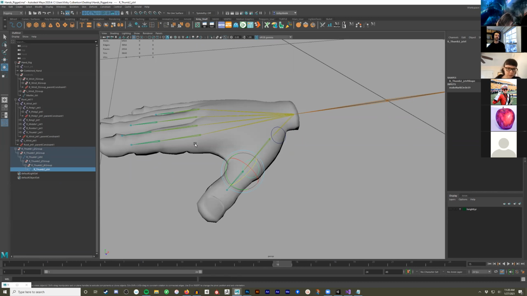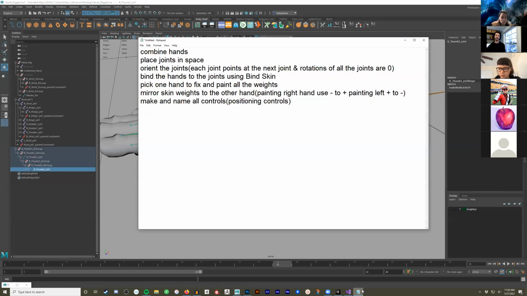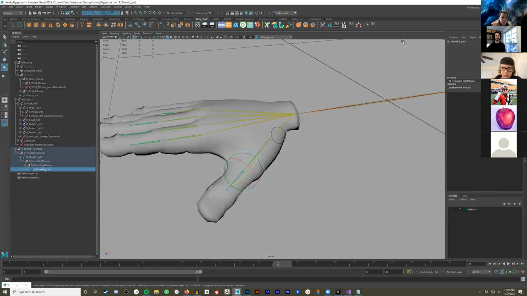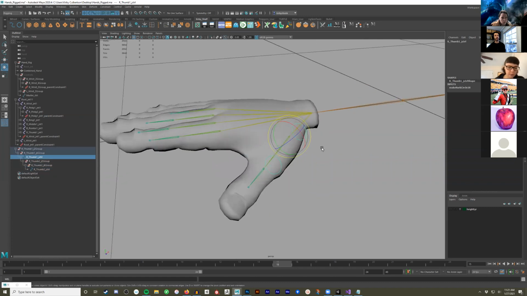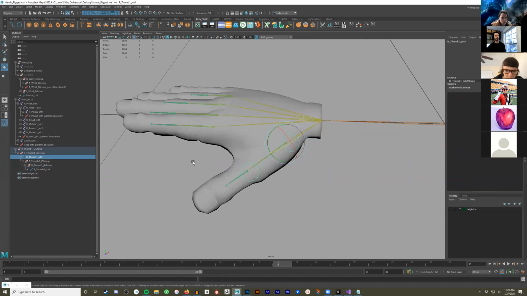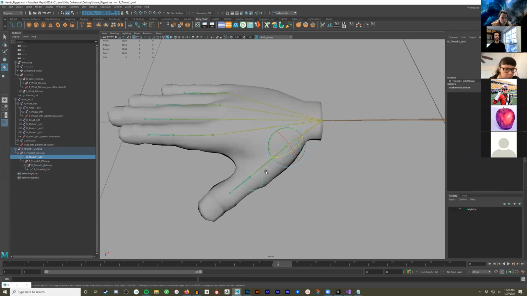So would you recommend setting up all your constraints on your controls first and then going through and parenting? I would actually recommend setting up the parent structure for your controls first so that your controls are behaving how you would expect them. Because the final step of just doing the constraints to the joints should be super fast and there's not a lot of thought behind it. Okay, but so you haven't done that on these examples yet. No, I have not. No. Okay. So, yeah, if you've gone through your whole main structure,